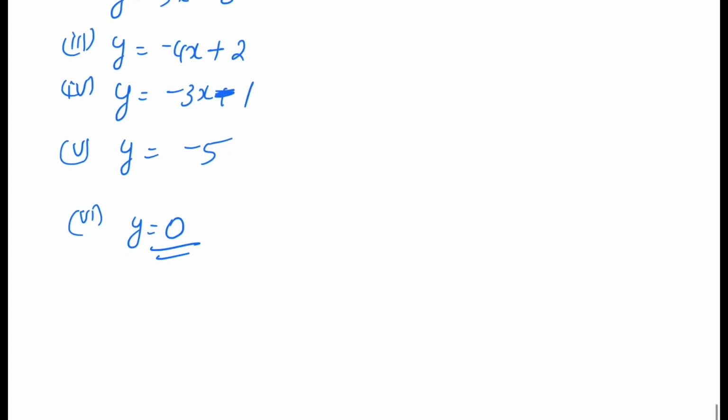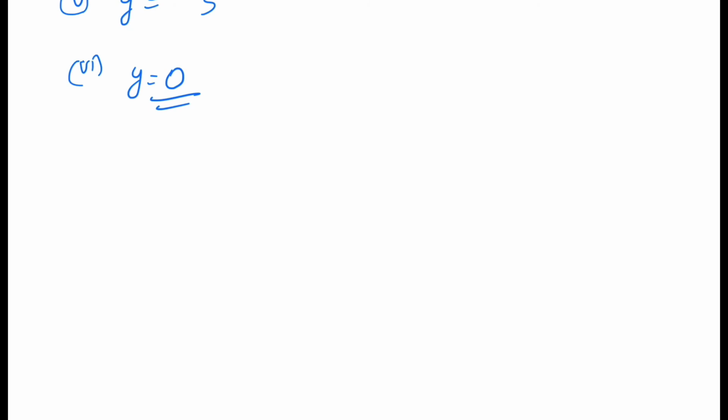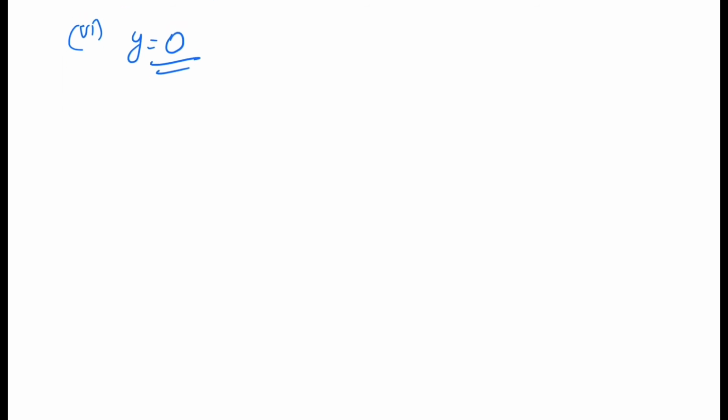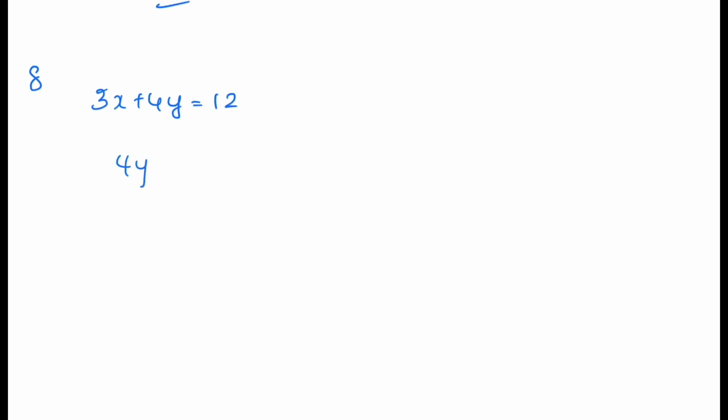Hope it's clear. Coming to the eighth one, we have: draw the line 3x plus 4y equal to 12 on the graph sheet. From the graph sheet, read the y-intercept of the line. So you can try it yourself. Similarly, I'll just explain one question from this eighth one. I'll explain 9 and 10; you need to do them in the same way. So 3x plus 4y equal to 12 we have, right? So 4y is equal to 12 minus 3x. y is equal to (12 minus 3x) by 4.